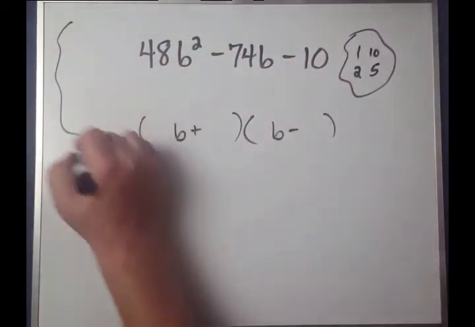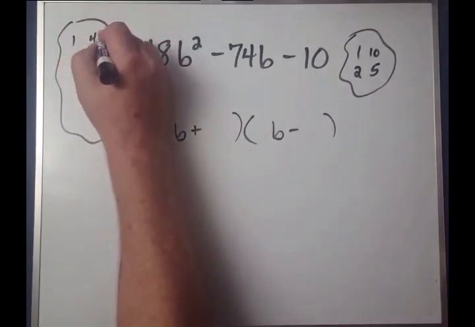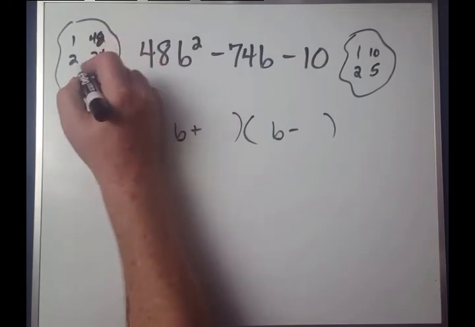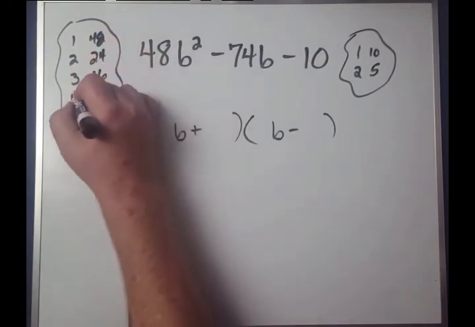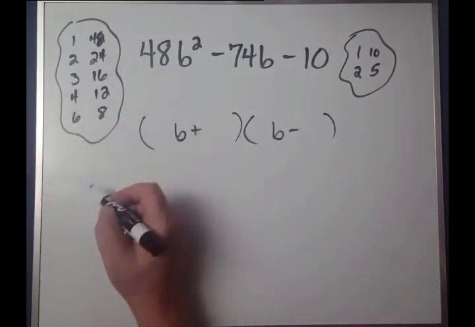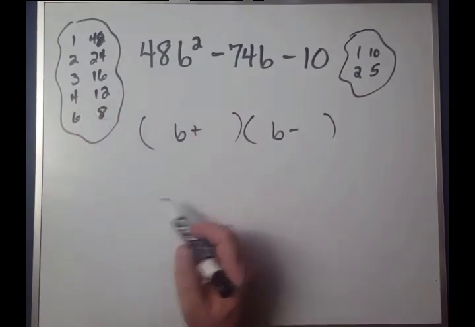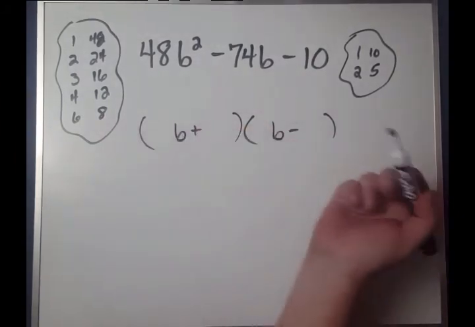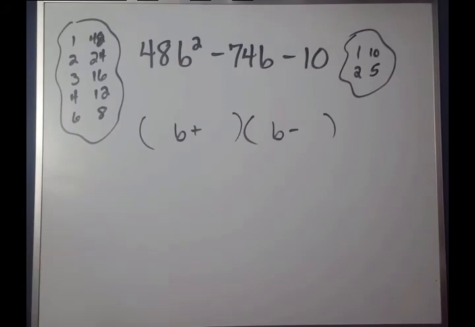This 48 could be a 1 and a 48, a 2 and a 24, a 3 and a 16, a 4 and a 12. Not a 5, but how about 6 and 8? Not a 7, and we've already discovered the 8. That's a lot of trials, and there are problems where you will have to go up against something like this,